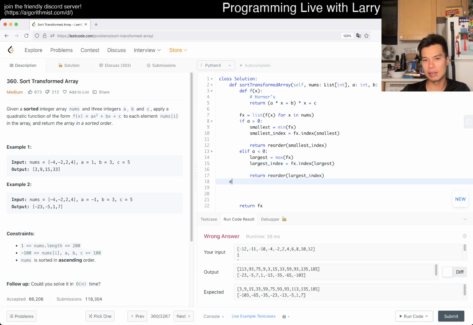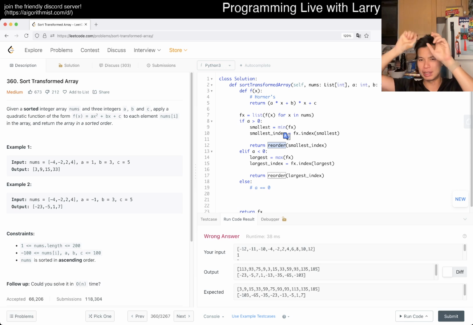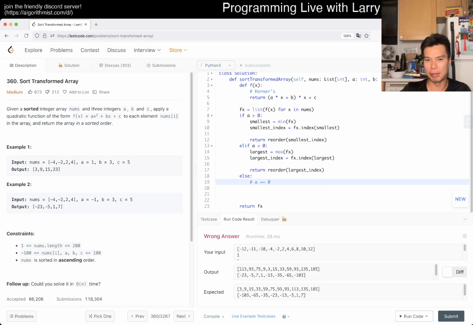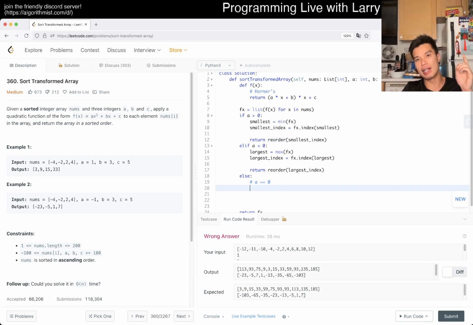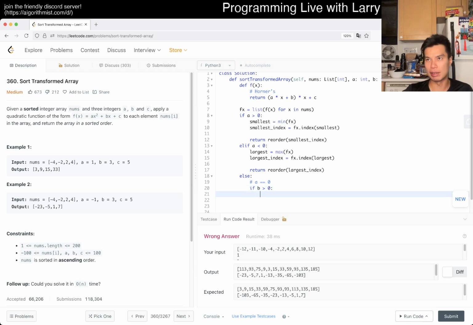And then else, which is a is equal to 0. I mean, it's kind of like a merge sort, but you just go out, right? Which is a little bit awkward, but that's why we have a helper function. If a is equal to 0, then you have a line, right? There's no parabola, it's just a line with a positive slope or one with negative slope, which is determined by b, right? So if b is greater than 0, then the smallest element is going to be in the